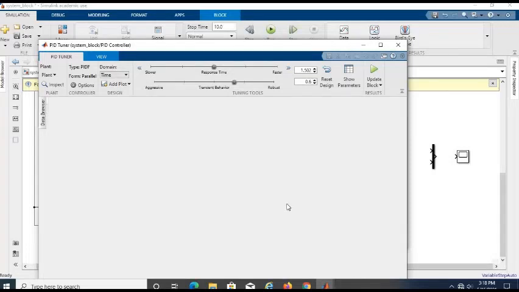We wait first till the tuning process finishes.